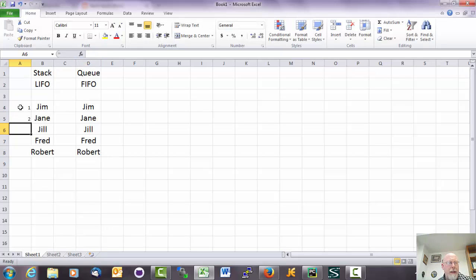So remember that these people were added in this order. Now suppose that we're going to start removing people. In a stack, when you remove something, it's called a pop. You can also use that for a queue. For a queue, it's also called dequeuing. So if I want to remove somebody from the stack, it's last in, first out. So the last person in gets removed first. So if I'm going to remove something, I do a pop,